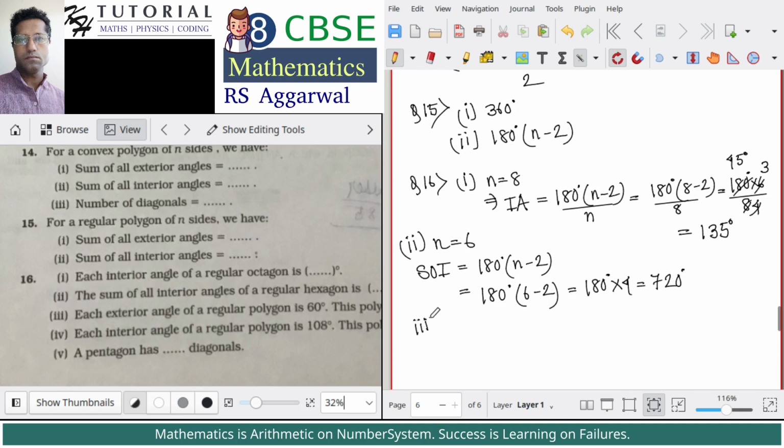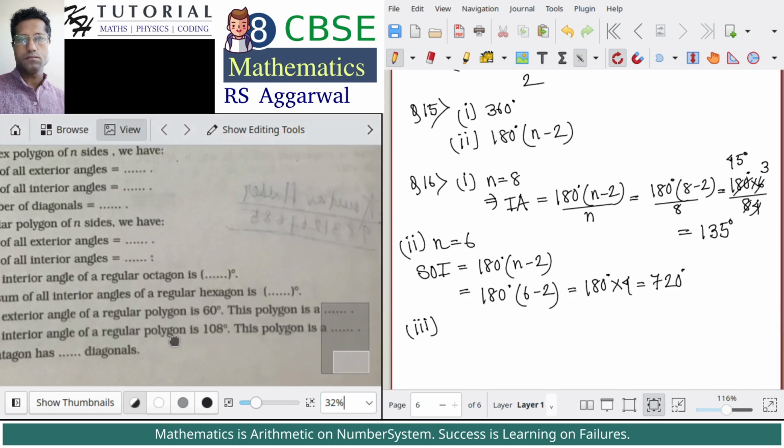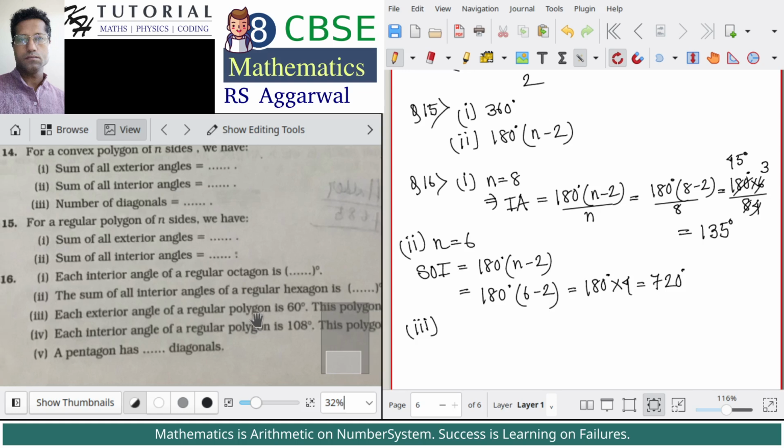Okay. Part 3. Each exterior angle of a regular polygon is 60 degrees. This polygon is a... okay, so we have to find the number of sides, and based on the number of sides of the regular polygon, we have to name the polygon. Okay, so we know that for a regular polygon of n sides, each exterior angle